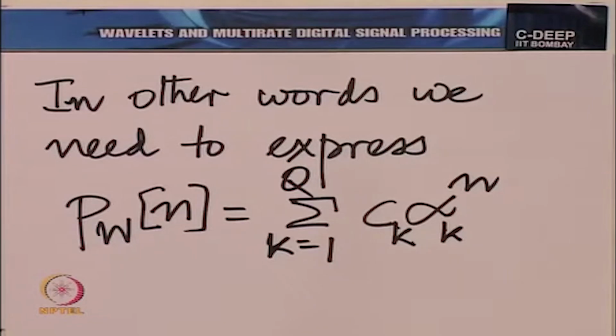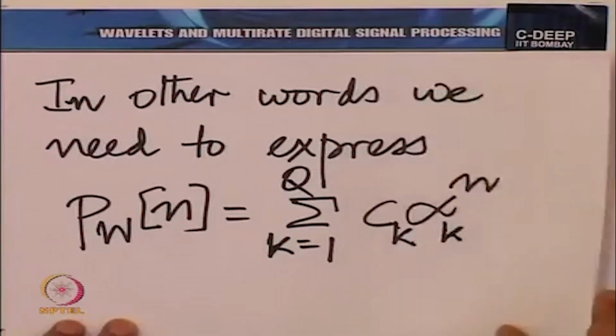Now, this is not at all difficult to do. In fact, if you think about it, that is exactly what the discrete Fourier transform does in discrete time signal processing. The discrete Fourier transform essentially expresses a sequence,